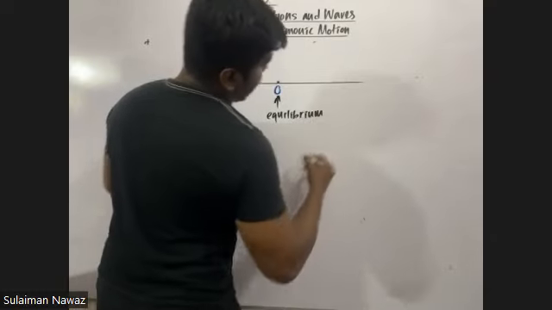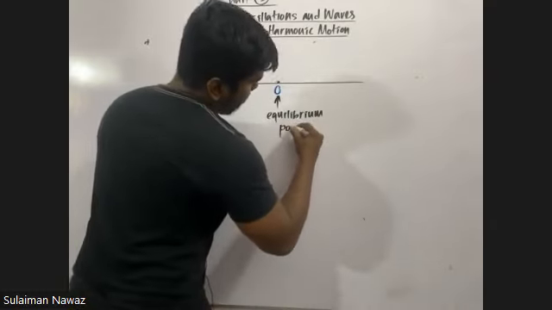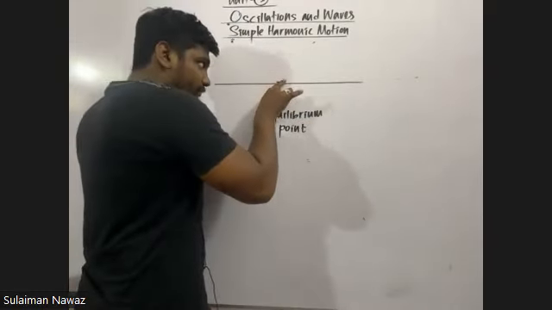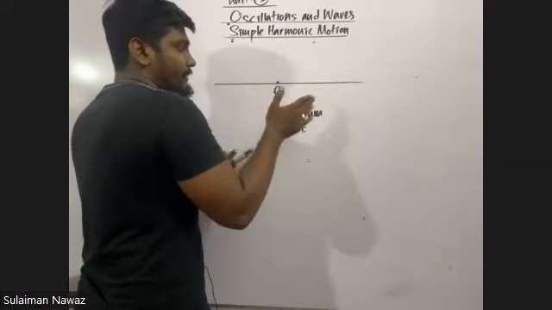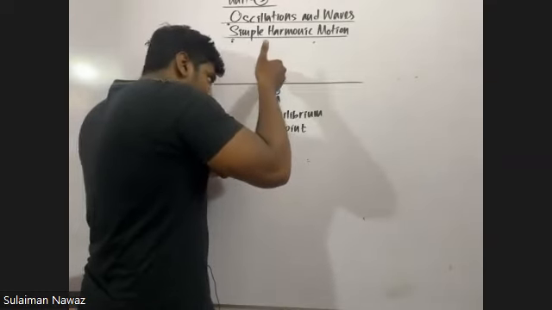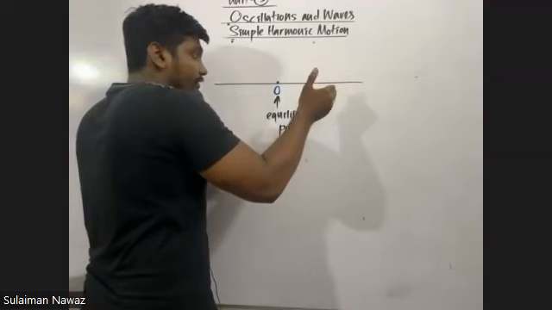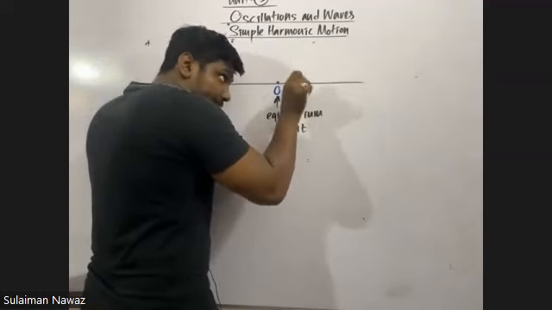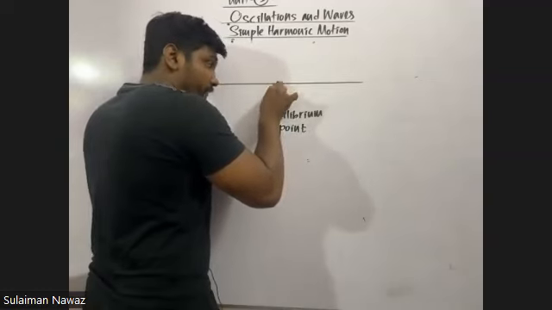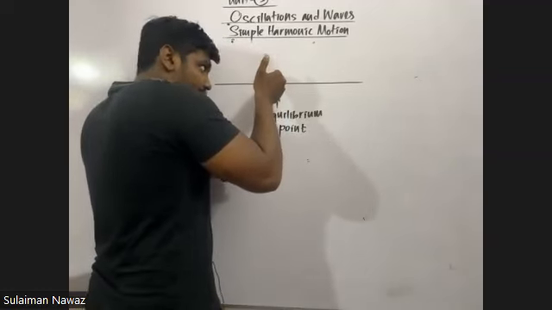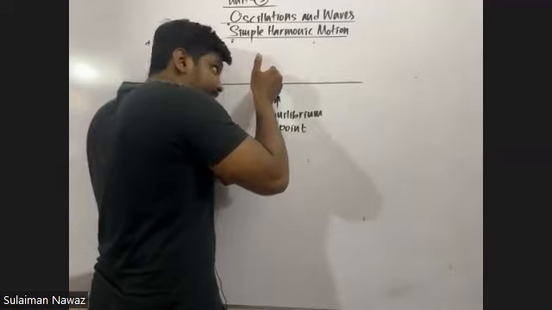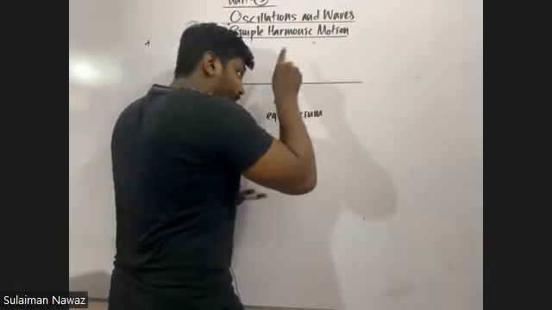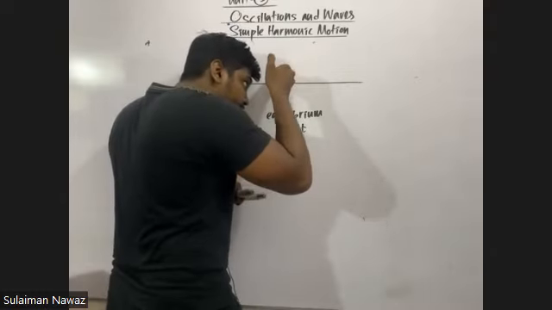Equilibrium point. Now an object moves in a simple harmonic motion. When you consider simple harmonic motion, the maximum displacement obtained by the object from the equilibrium point in one particular direction, very carefully listen,